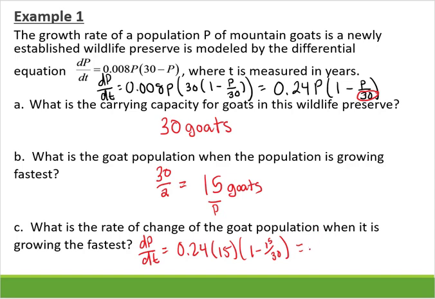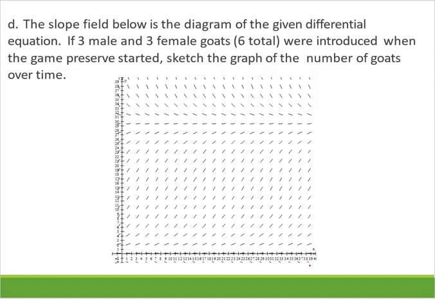And I use my calculator and I solve that, and I get 1.8. Now this is what a slope field for that differential equation looks like. Notice how it goes up, up, up, up, up, and then evens out. So if there's 3 male, 3 female, so 6 total are introduced when we start, sketch